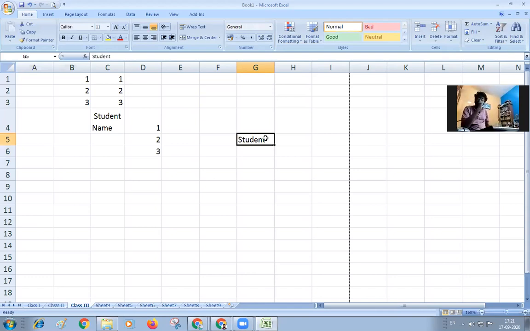You can enter the text simultaneously by pressing the F2 button in the column. By selecting this one, click on this, and also press on the F2 button. You'll get inserted in the column. Then click on the student name and press on the enter. You'll get the text, and it is going behind the column size.